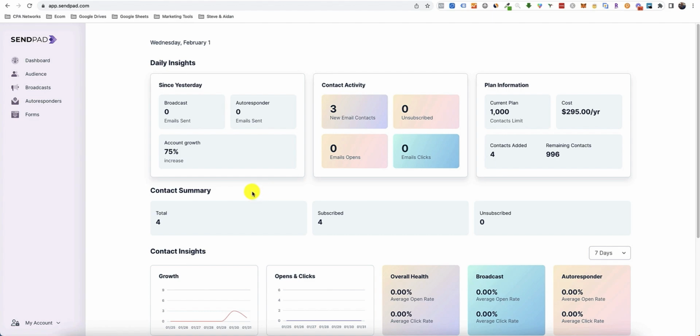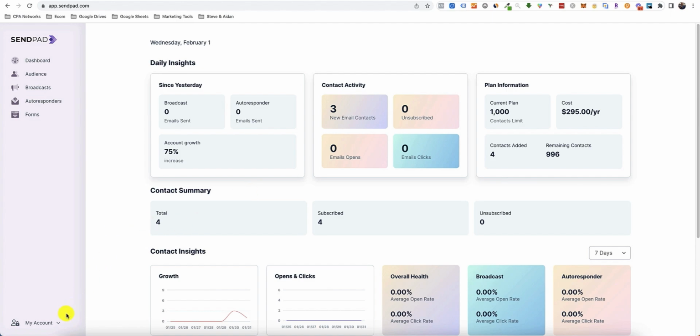Back in the day, you used to be able to use an email service provider's shared domain, but things have changed in 2023, and Gmail is super duper specific. So you need to have your own domain. And if you didn't buy it from a previous Float Funnels video, now's a good time to do so. In fact, if you already bought a domain for Float Funnels, you can use that exact same domain for SendPad,